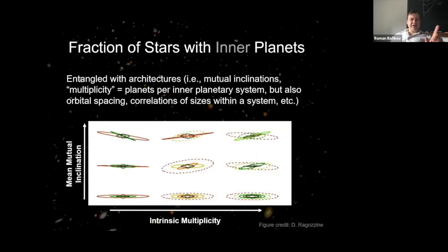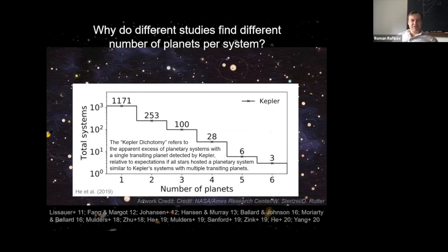So why? Oh, yes. I have a question. I didn't quite understand what the problem is here. So if I take the multiple planet systems and I fit a model to describe them, and I take those systems and ask how often should I see those multiple planet systems as a single planet system? Then I predict dramatically fewer planets observed as a single than there actually are. And so there's a factor of 2 or 3 more singles than there should be if you assume that the population we see as multiples is also responsible for the singles.